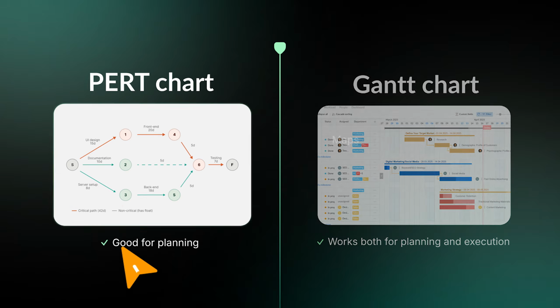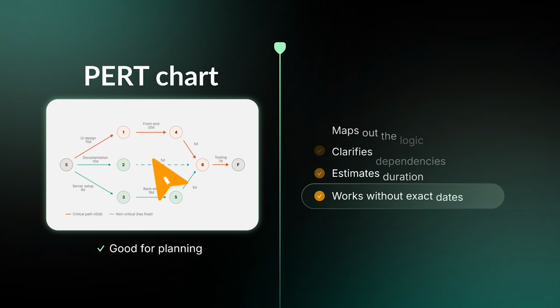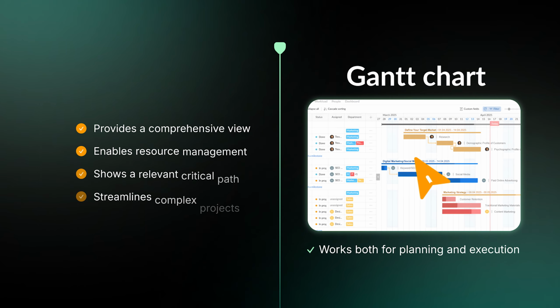A PERT chart is a planning instrument. Use it early, when you are mapping out the logic of your project, clarifying what depends on what, and estimating rough durations. It doesn't need exact dates to be useful. A Gantt chart works across both stages, and unlike PERT,